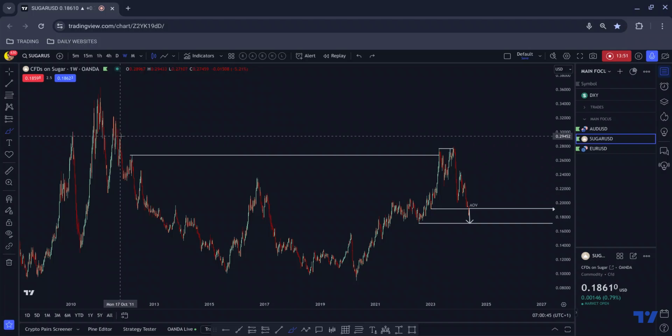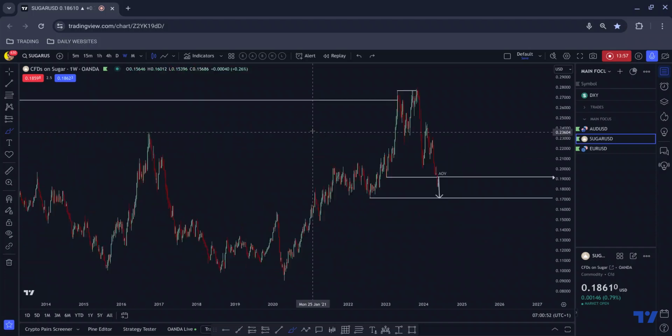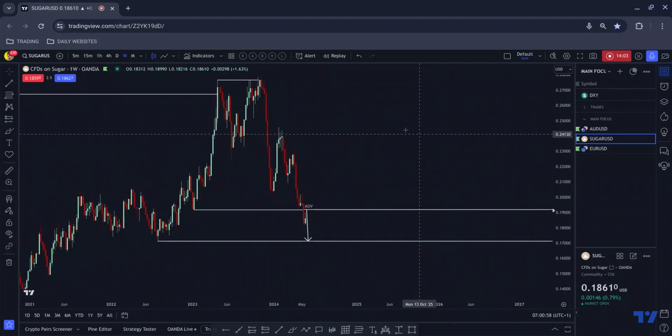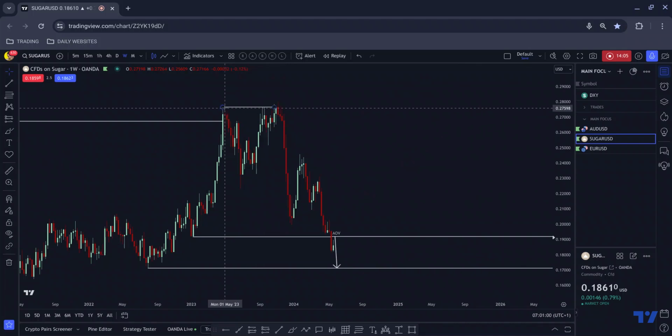You know, it's not necessarily one which I'd imagine people paying a huge amount of attention to, or likely because there were just still orders sat just above here that needed to be tagged for price to plummet to the downside. And you can see what happened. We did break just above there. We wicked to it. What happens when we wick to an area? We usually come back up and wick through it or break above, and then we move to the downside, and that's exactly what occurred.